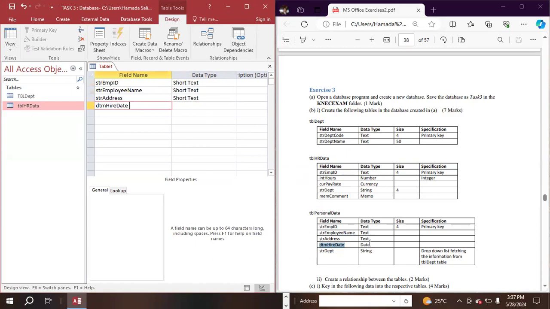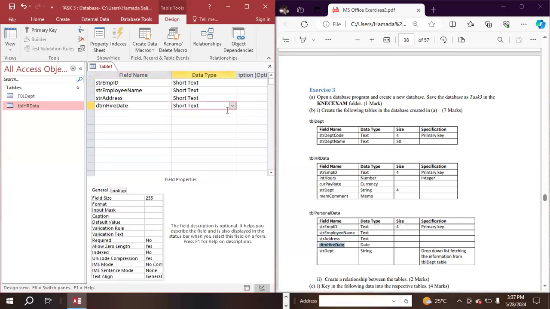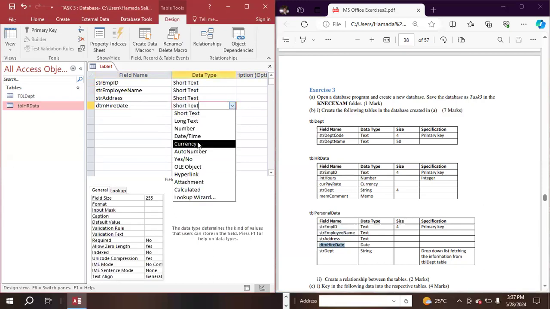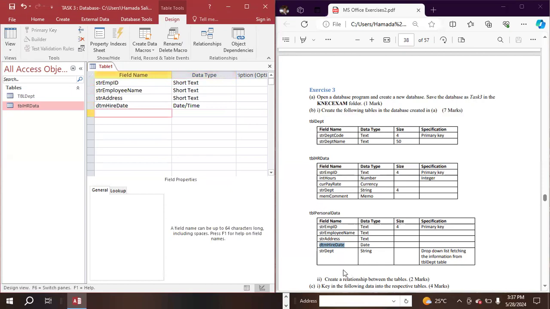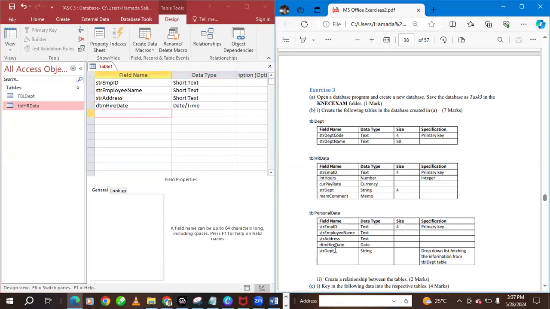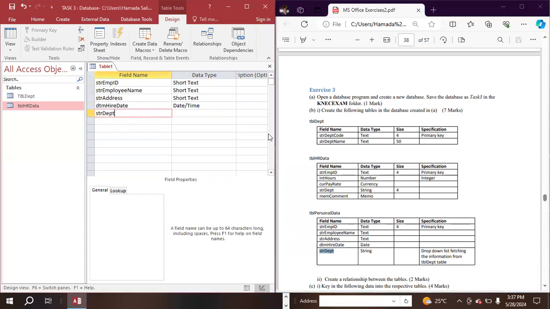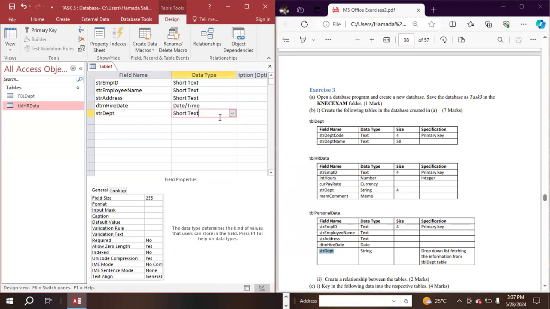So this one is date and time. So just select here date and time here. We have also street department here. Just select, copy. Then you can be able to copy. So when you copy, you just assign it to be a string. A string you have said is a text. By this string, you see they have said